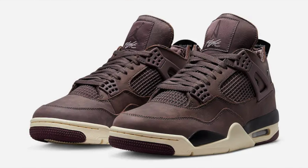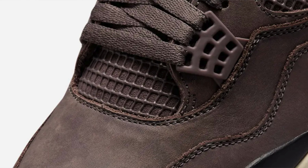We then have quite a recent drop. We have the Jordan 4s Air Manures, and I must say the color of this Jordan 4, I have not seen a colorway like this in a very long time. Aside from the actual physical look of the sneaker, this is one of those sneakers that probably have one of the best